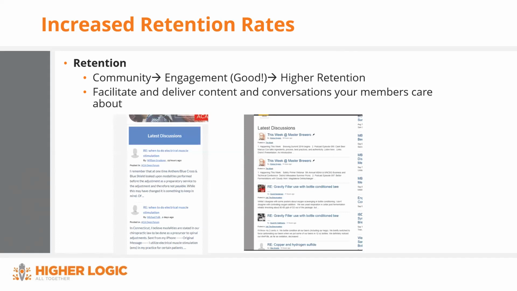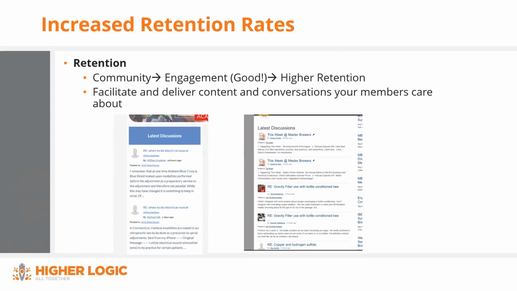And by offering this to them, you are now the source of their professional development, or maybe you're a trade organization, and maybe it's legislation, or whatever it is your members care about. This is the central location for that. And if they leave the organization, they will no longer have access to this community, which they do value so much, whatever respective industry they're in.